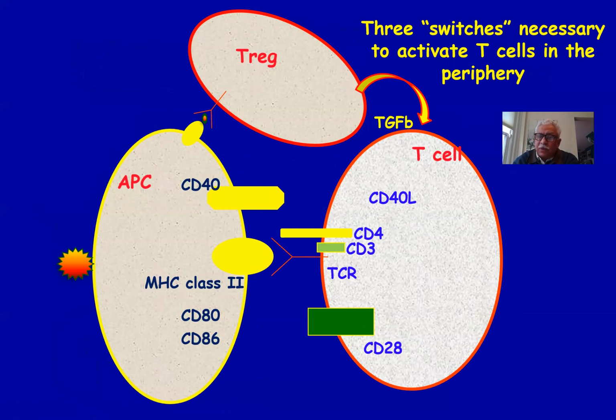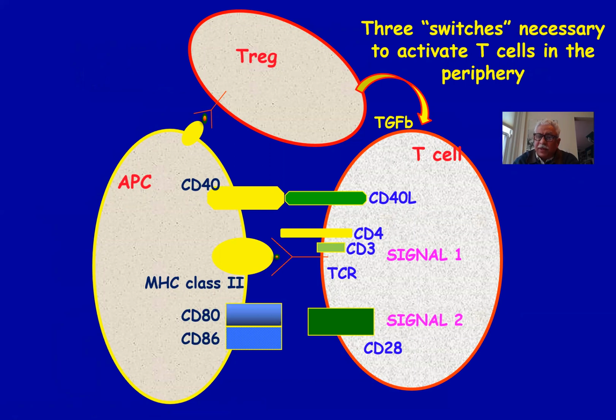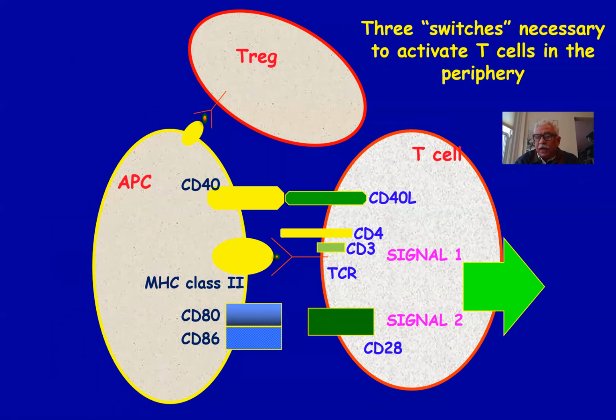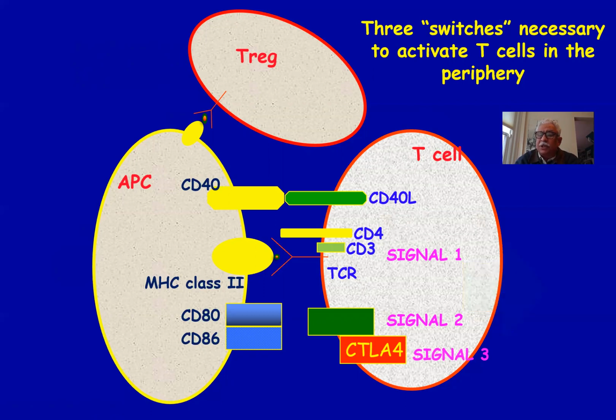In order to shut the immune response down after an immune response has occurred, a series of events takes place, which is shown in this animation. Antigen is presented, delivers signal 1. Signal 2 is delivered through CD28. After the regulatory T cell has played a role, you can observe a full signal. After the signal is activated, a fourth molecule comes up on the cell surface called CTLA4, which binds to CD80 and CD86 with a higher affinity and delivers signal 3, which is an off signal, and shuts off the immune